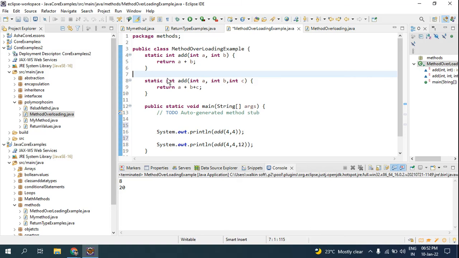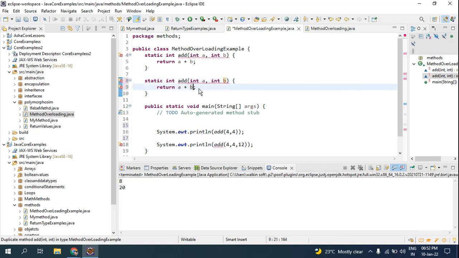And one more thing: if you have int a and int b again, it will give you an error because you have the same data type and the same number of parameters. All you have to do is use a different data type, like double. I'm still getting the error because the parameters are of int.